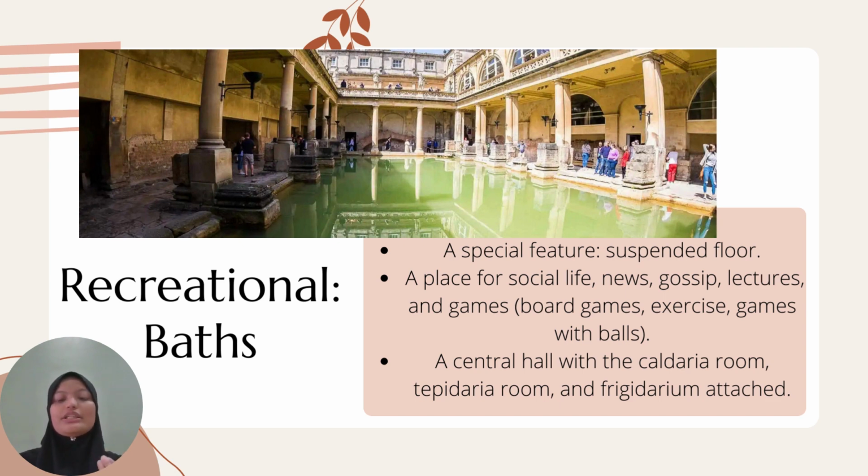A special feature of Roman bath construction was the suspended floor, which allowed heat to be circulated underneath to regulate the temperature of the floor. The introduction of this feature coincides with the introduction of window glass, which occurred sometime in the late 1st century. The baths constructed prior to this were built with very small windows, causing the interior of the bath to be quite dark.